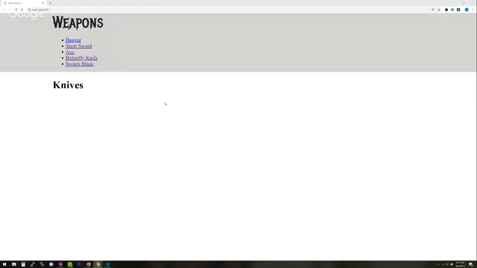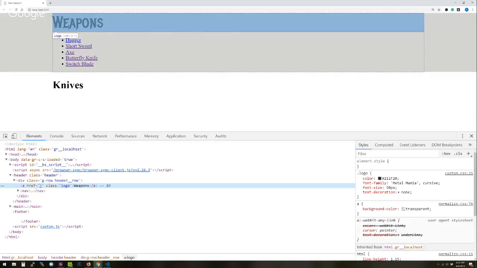Hey, so we're going to cover how do we style this default unordered list and make it look like an actual navigation, because we want to keep the structure of a list, but we just don't want it to look like that. One thing to note in the last video, when I was displaying how wide our container was,